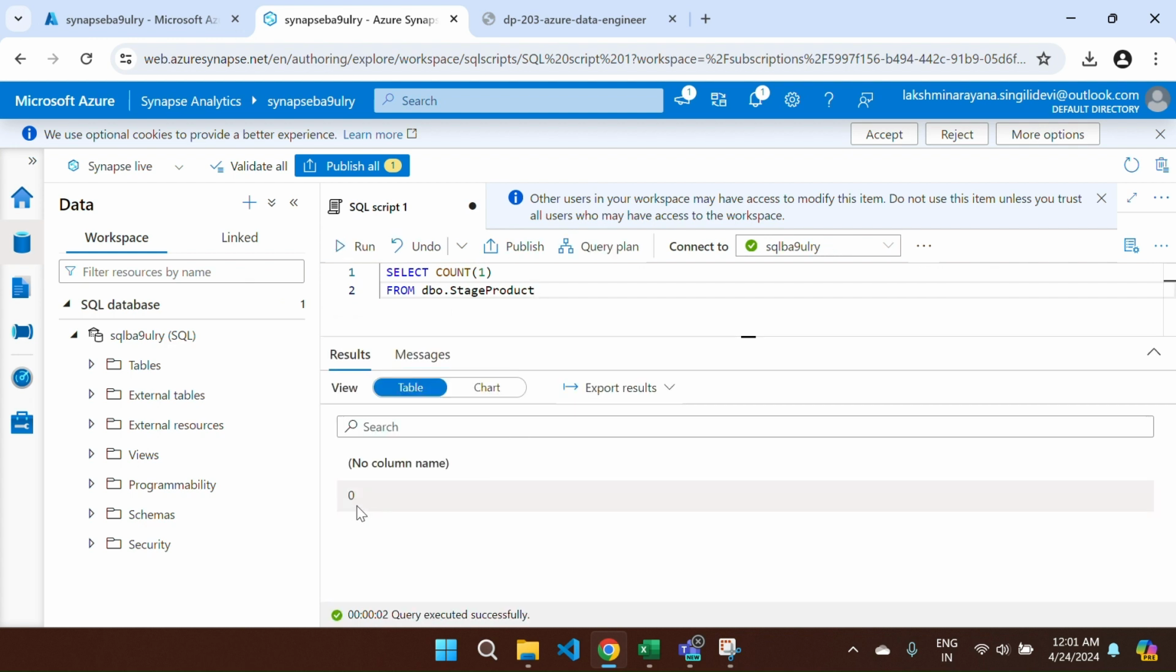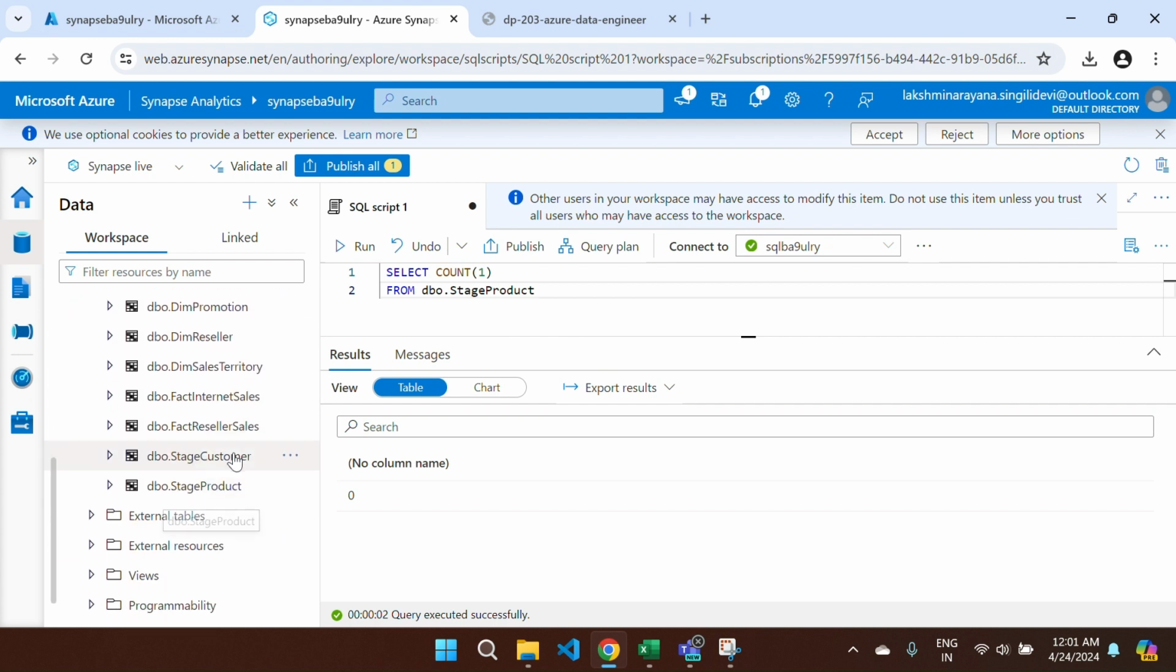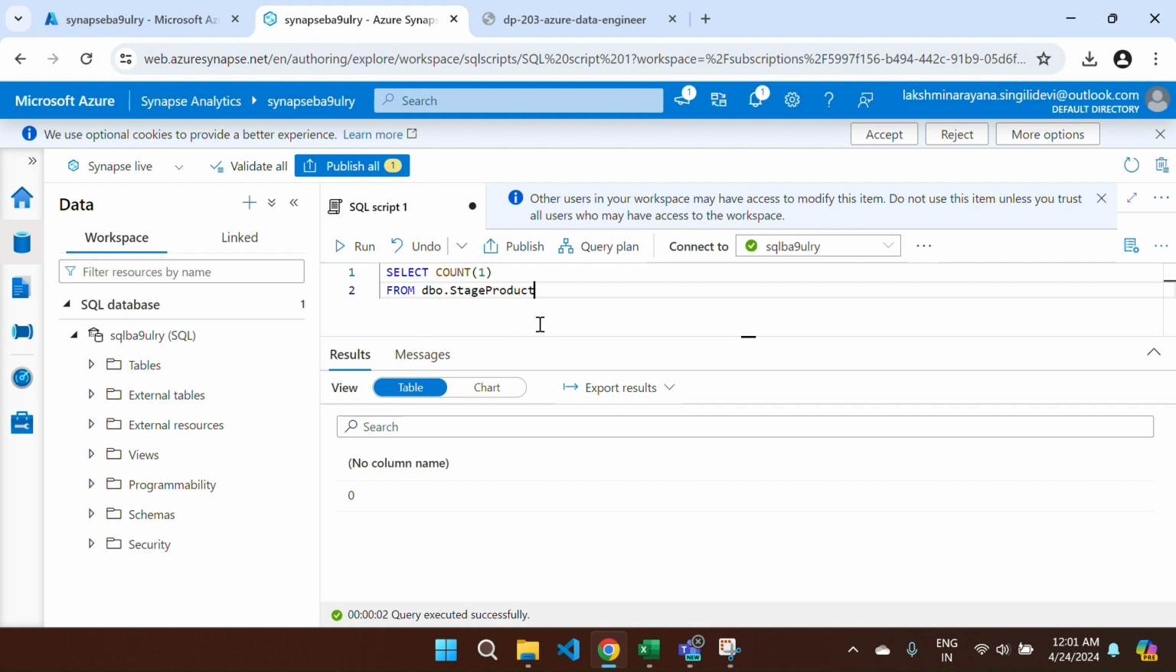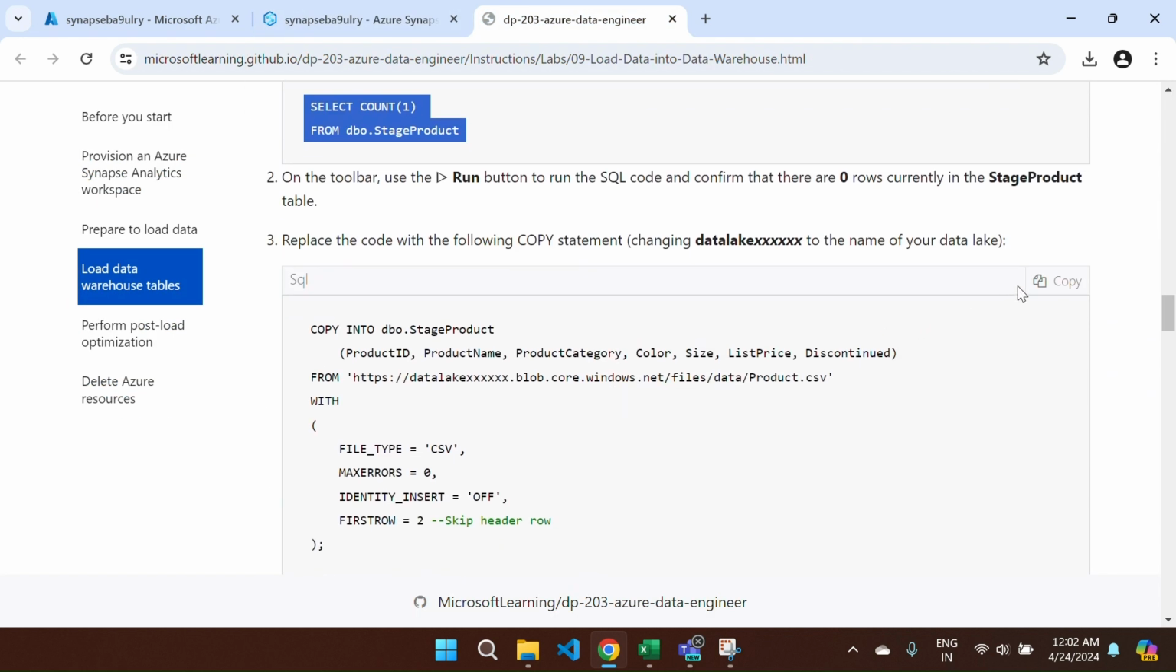You can observe there is no result from the stage product, because only the files have the data, not the stage product table. You can see the table having the stage product. All the dimension products and the stage customer and stage product are empty tables. Now we are trying to get access from the storage files to store data into this stage product. Just go to the documentation and copy the file path